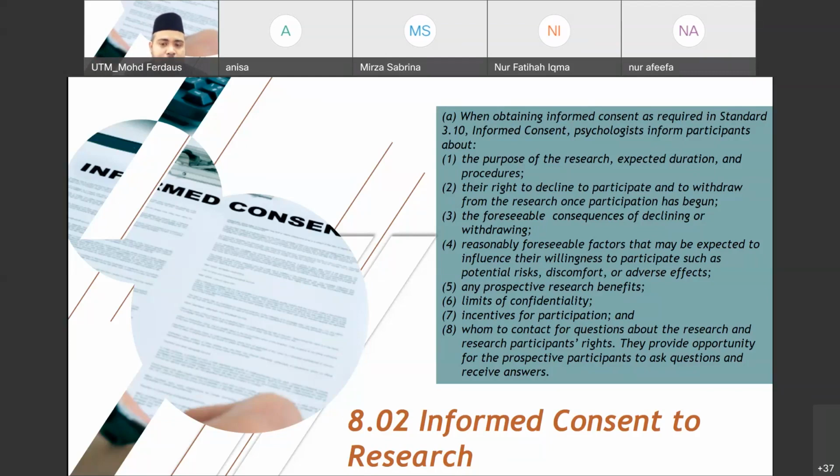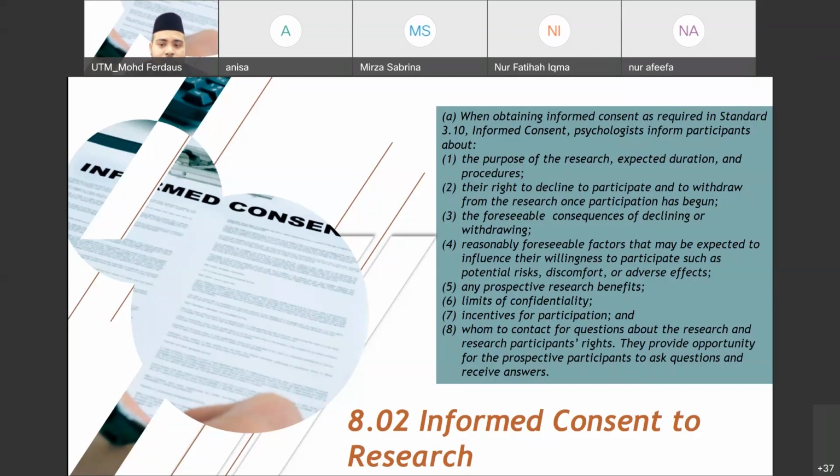And say for example, in the first place, you agreed to participate. However, when answering the first section, you feel that the questions are so intimidating and you don't feel comfortable answering them. So you may withdraw your participation, your agreement, your informed consent. You withdraw your consent, and then you can stop anytime during answering the questions, or during an experiment, or during the interview if you feel that you are not comfortable. That is basically your right.